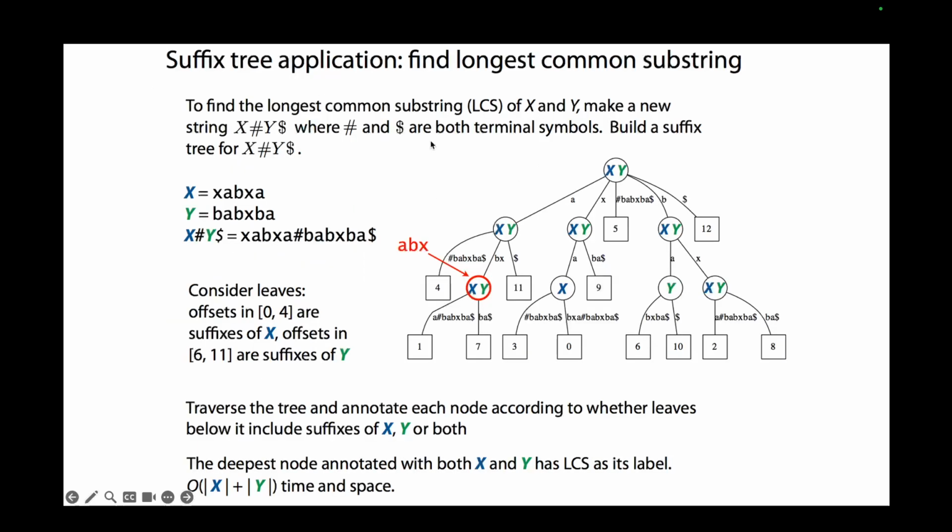Okay. Now, the main application is to find the longest common substring. To find the longest common substring of X and Y, if you have two sequences like this, X and Y, how do you find that? You build a suffix tree for X with a delimiter, Y, and again a delimiter. So this is how it looks: X, then a delimiter, then your Y, another delimiter. Now, if you build a suffix tree